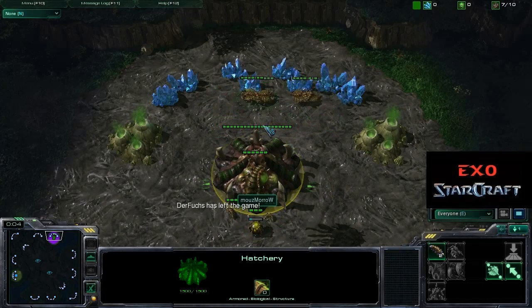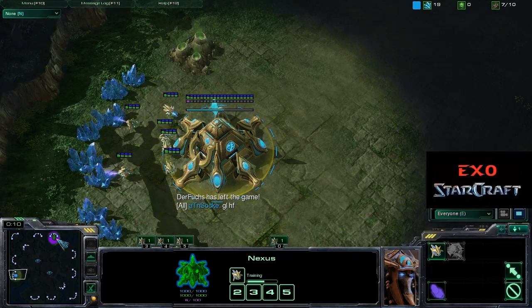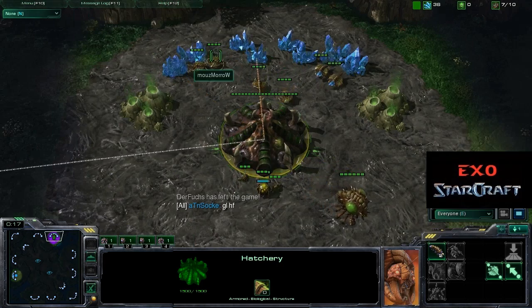Hello everyone and welcome to game number 3 between Morrow and Socke from the Craft Cup semifinals. This time we're going to have a match on Lost Temple and we're going to have Morrow spawning as the